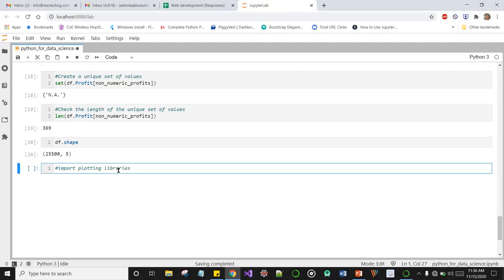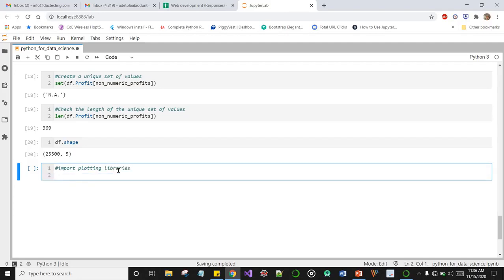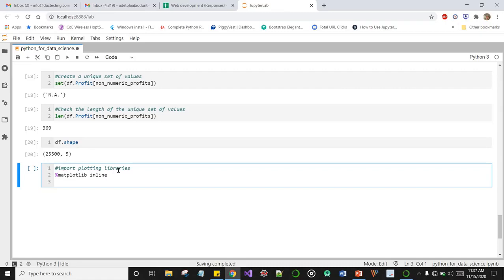Okay, the first library we imported back then was pandas, so now we're going to import Matplotlib, but first there's a keyword called matplotlib inline. This is going to ensure that our plots are generated very nicely in our Jupyter notebook.